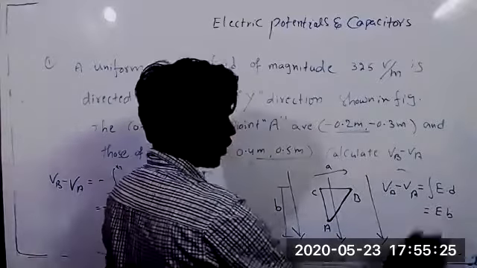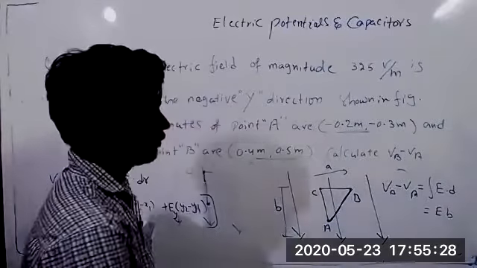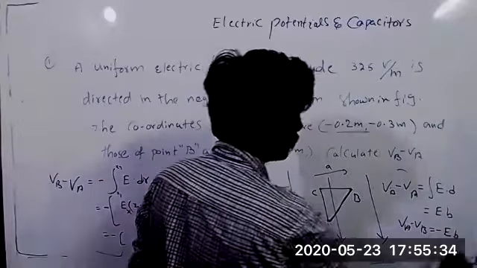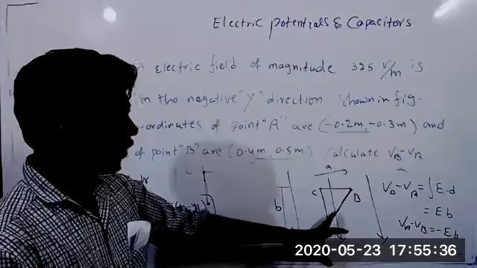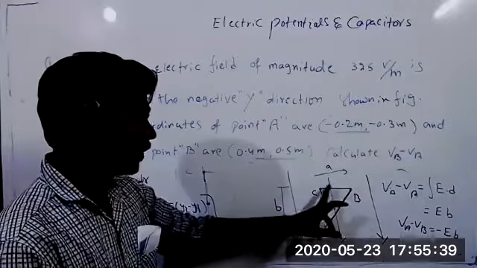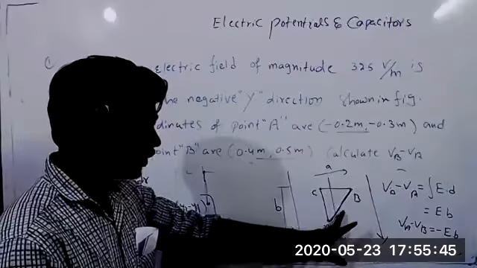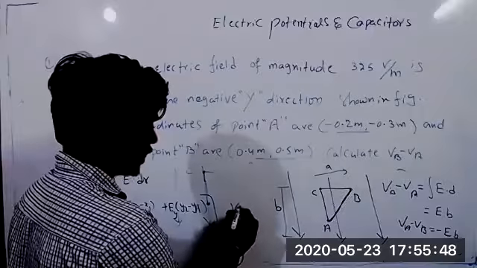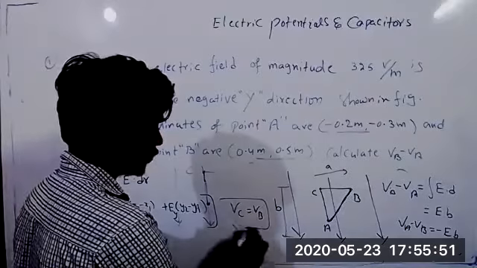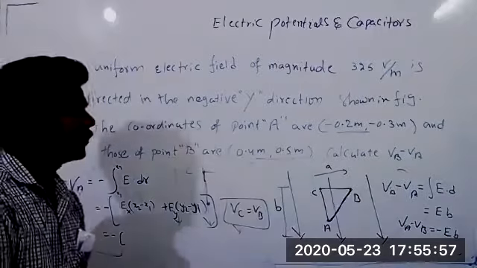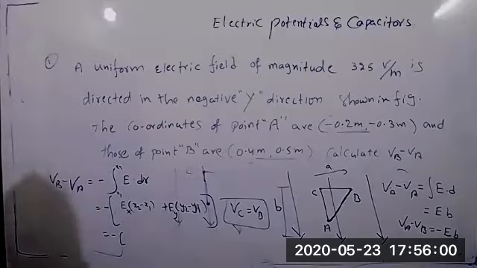If VA minus VB, it is common. If they ask you VA minus VB, it will become minus EB. Look at that, 33. There is no potential difference between these two. So the potential difference between these two is equal to potential difference between these two. VC equal to VB. That is what I am saying. So answer is minus EB or EB, based on your question. Rachana, did you understand question number 33? Yes, sir. That is question number 33.